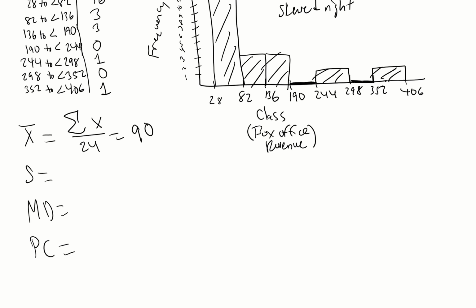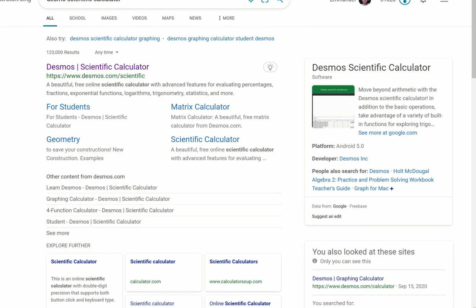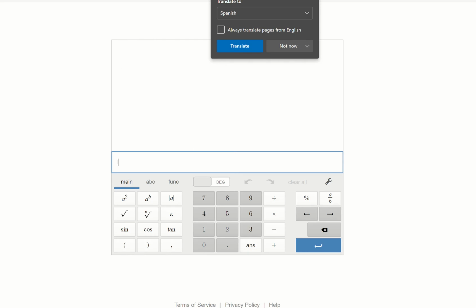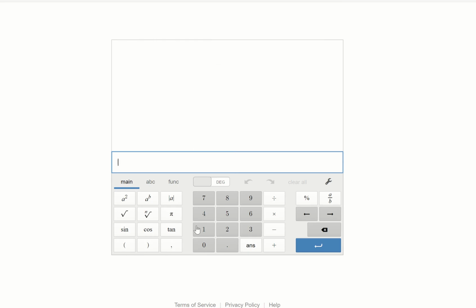Now to do the standard deviation, we'll show you how to do this. If you don't have access to a scientific calculator or something, you can use Desmos to calculate this. If you type in Desmos Scientific Calculator on the browser, you'll have a pop-up here. So you click on that link, and you'll be taking a Desmos Scientific Calculator. This is really useful because you can type in your responses, and the good thing is you can see your calculations live, right? So you can see exactly what you're doing when you do the calculation, and it has statistical functions